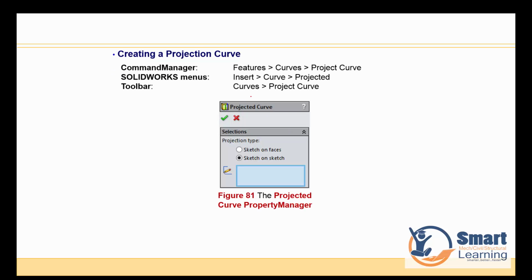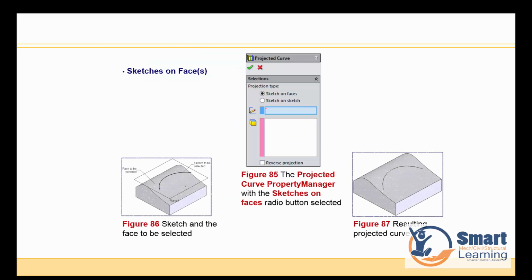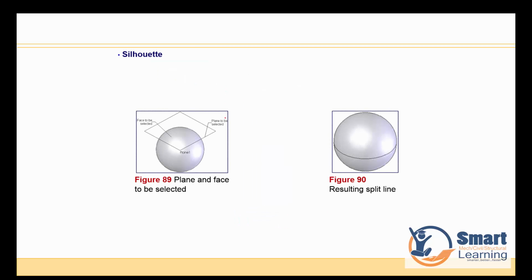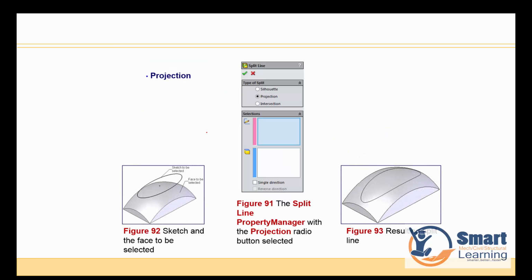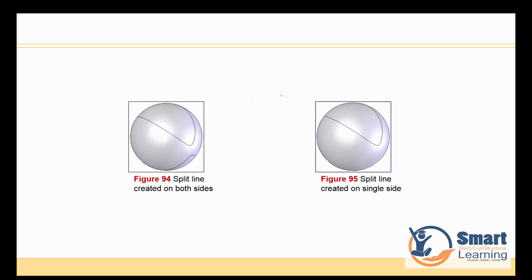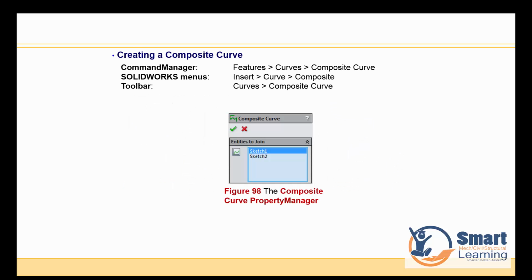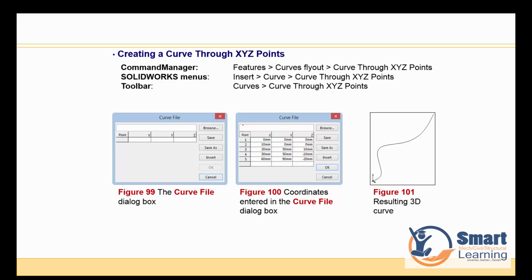And these are the corresponding operations which we'll be discussing in our coming classes: creating split lines, the shell out, and how to use a projection for creating critical curves, and also the split lines, this intersection concept, creating composite curves, and creating composite curves through XYZ locations and mapping that by using different points which are